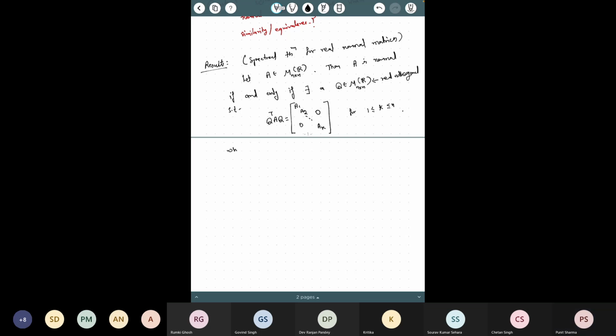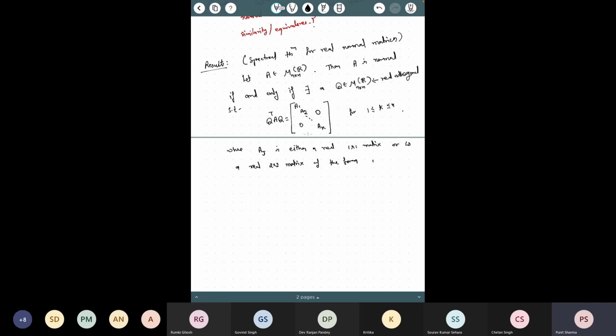Each diagonal block Aj is either a real 1 cross 1 matrix, that means a real number corresponding to a real eigenvalue of A, or a real 2 cross 2 matrix corresponding to the complex conjugate eigenvalues of A, of the form